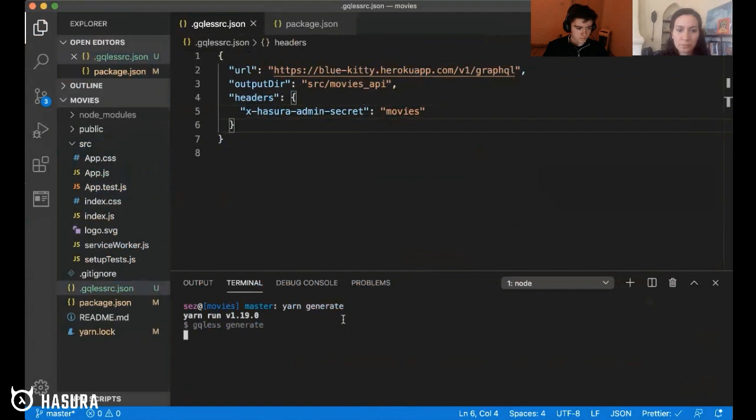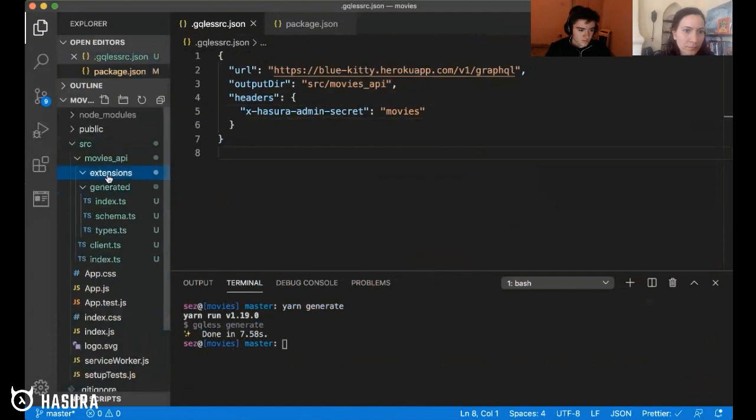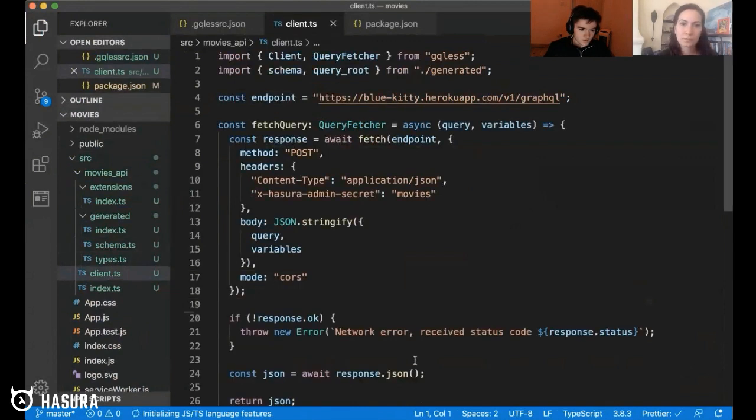Hopefully. It's so suspenseful. Hey, I see a folder. Yay! Cool. All right. So we can open that folder up, and we can have a look around at the files. If you open up the client.ts file in there, we can see it's loaded the URL to our endpoint, and it's automatically inserted the headers into it. We may have to modify this to make it work with your API, but this should work out of the box. So if we close this file,